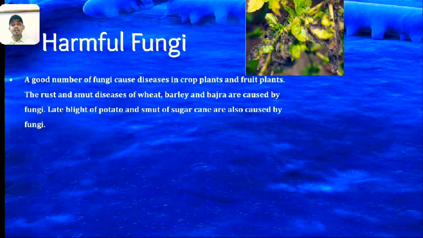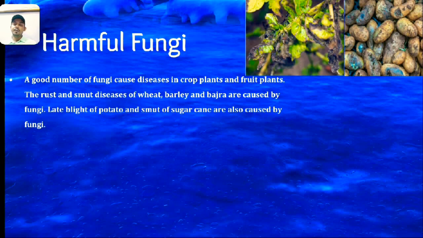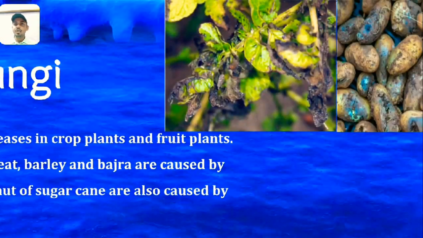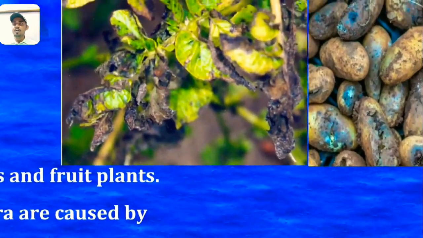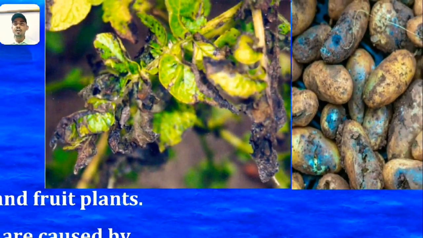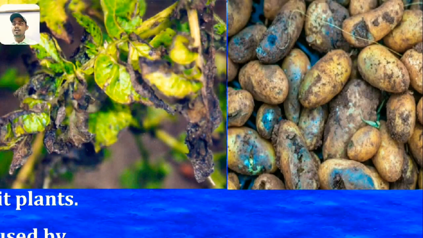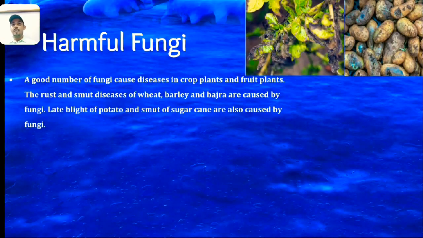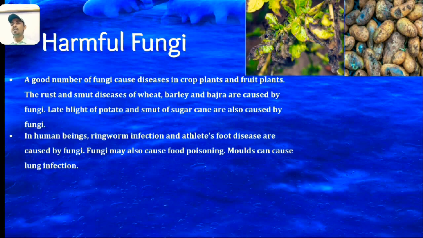And then a different species of potato was evolved that was blight resistant. I had read it somewhere, you can google it. And this is the result of late blight. You can imagine, my dear students, how deadly and how inconvenient it is to get these diseases in our crops. So this is late blight of potato. This is the potato and the leaves of potato. Now let's see some other harmful effects.